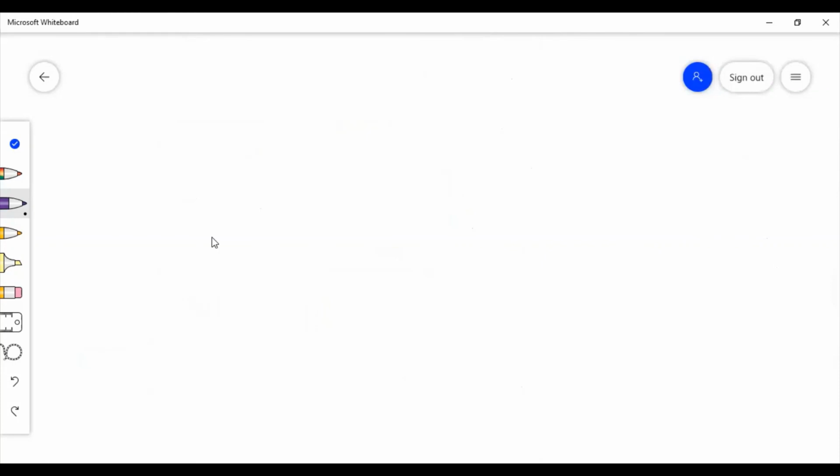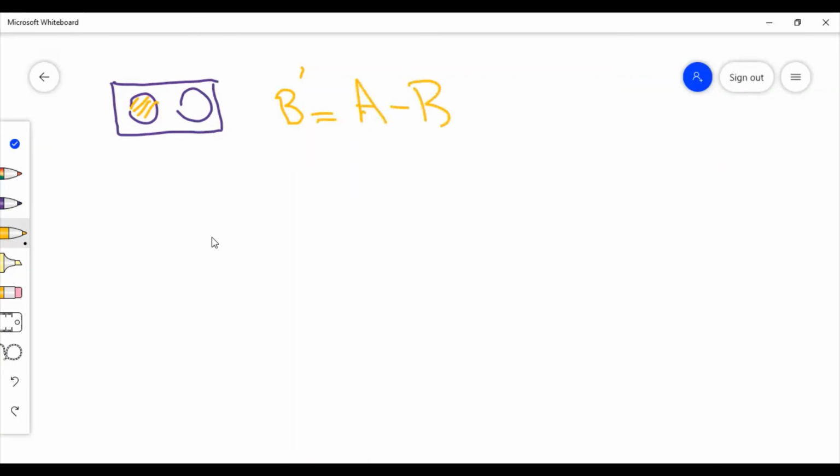Let's suppose you are using this diagram for the complement of this. So this is one. Here you can say that this is the B complement. Then all of a sudden you are asked to find the B complement with respect to U, which is actually A minus B. This is A minus B. But if you are asked to find A complement with respect to U, U minus A, then you can draw the next diagram also,